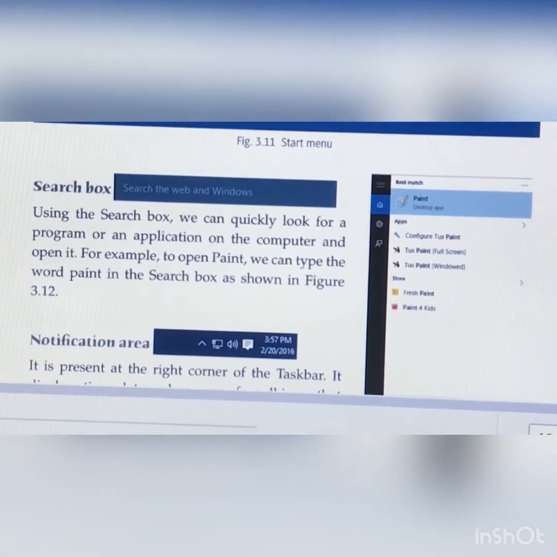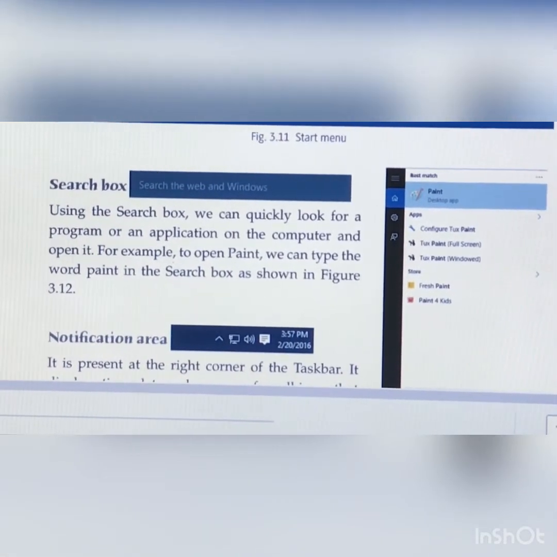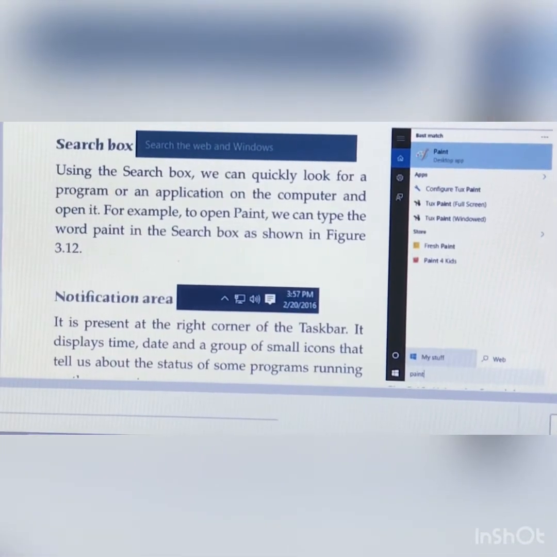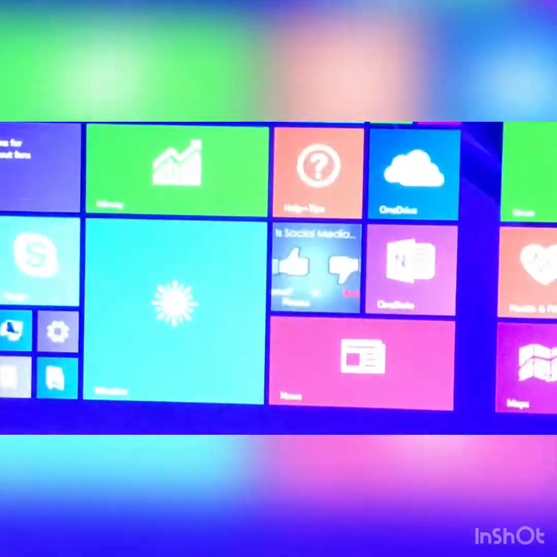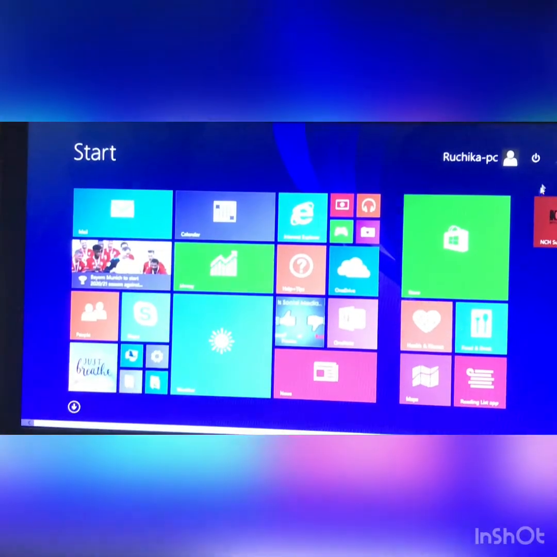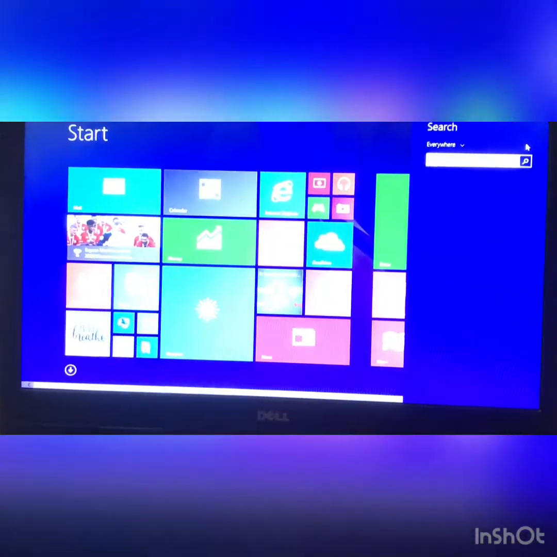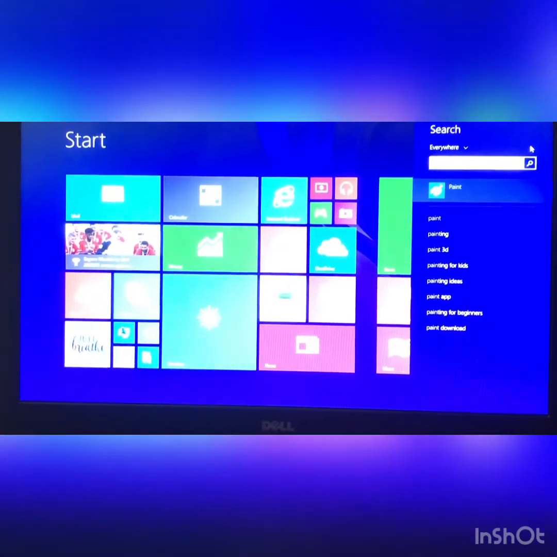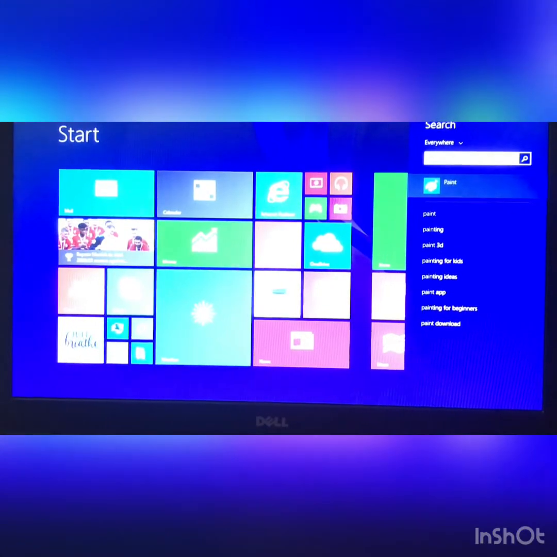We can search any kind of file by writing in the search box. For example, I can show you on my Windows 8. First of all, I will click on the start button. Here you can see search. If I want to search Paint, I will write Paint and then I can easily find the file on the computer.